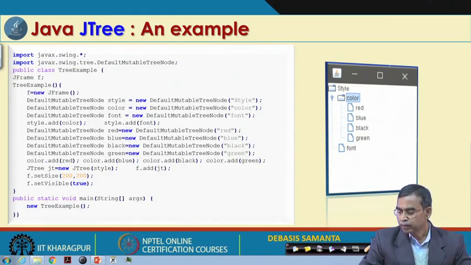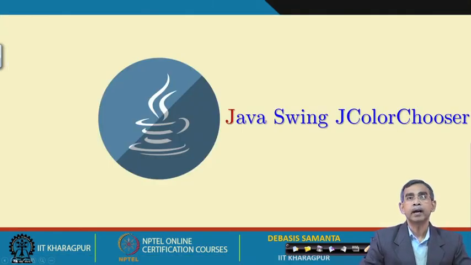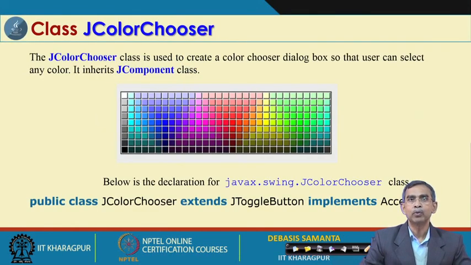So this is the idea about JTree, and the next is JColorChooser. This is also very interesting. Probably you know that whenever you use an application like MS Word and you have to decide the color of a font, you have to choose it, and the color can be chosen from a color palette. Here is how the color palette looks, and you can choose any one color, and that color can be set there. Instead of writing Color.blue, Color.green, any other color can be added here.